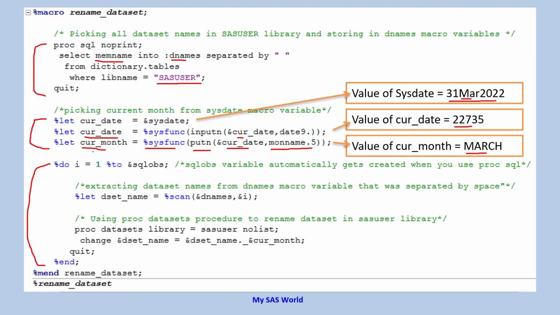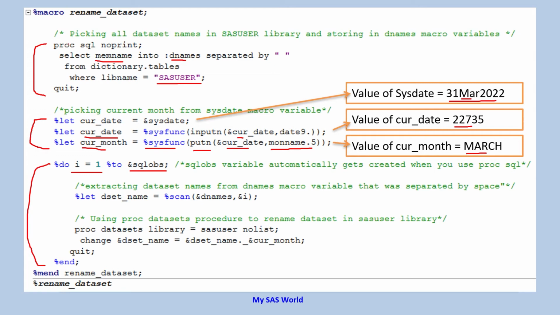In the next section I am doing a do loop from 1 to SQLOBS. Here you would probably get confused about why I use SQLOBS. We just want to run a loop for all the data sets that are present in SASUSER, and we do not know how many data sets are present.